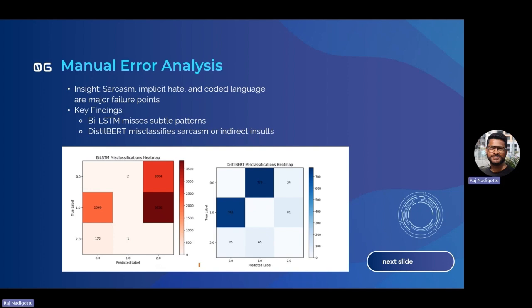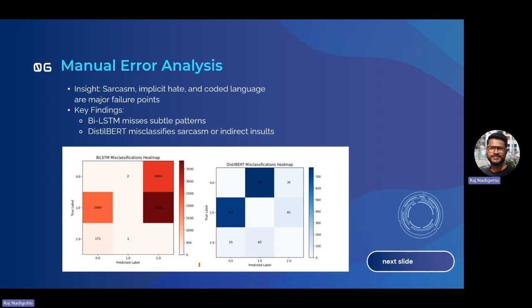The common issue among these two models is when they try to detect sarcasm, coded language, or some kind of implicit hate. One example I would like to discuss is that DistilBERT misclassified sarcastic statements like "another day, another freak show for them."